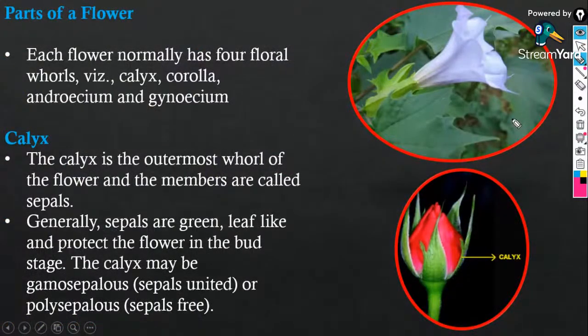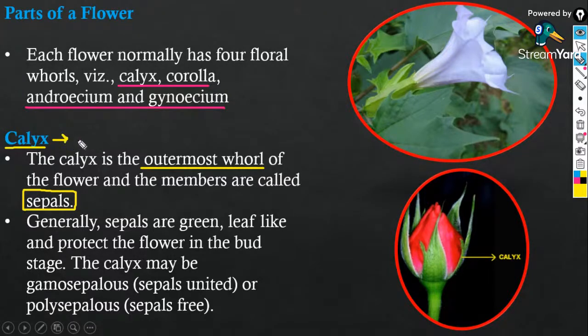Next is the parts of a flower in detail. So the parts of a flower are calyx, corolla, androecium, and gynoecium. Listen along with me, otherwise you won't get the point in detail. First is the calyx, which is the green, outermost whorl of a flower, and the individual units of the calyx are known as sepals. Look, this green colored portion,